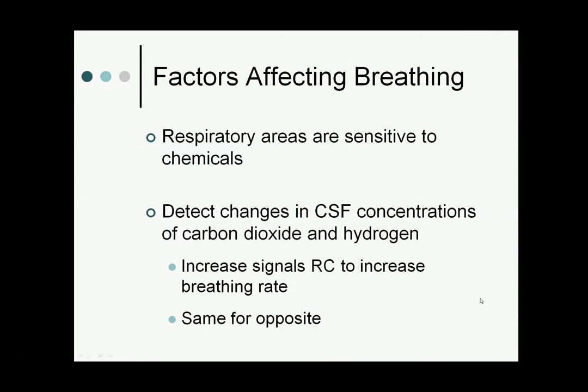Other things that are affecting breathing: respiratory areas are sensitive to chemicals. One of the things affecting breathing is the carbon dioxide levels that are picked up in the cerebral spinal fluid. By the way, CSF, if you've forgotten, cerebral spinal fluid, picks up changes in carbon dioxide, and this is going to affect the breathing rate. So increasing the signals increases the breathing rate, and then of course decreasing signals is going to cause a